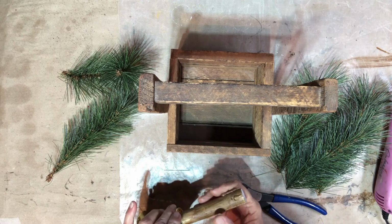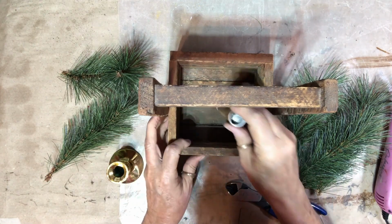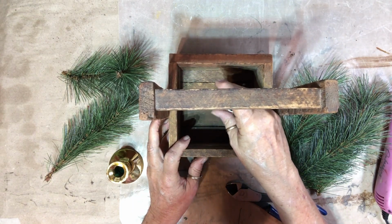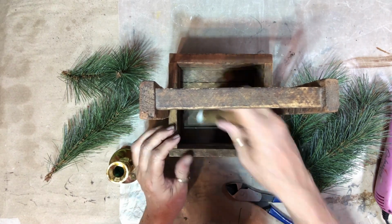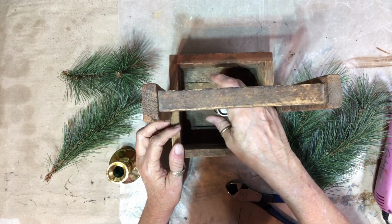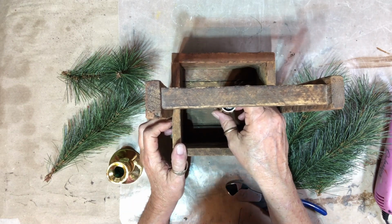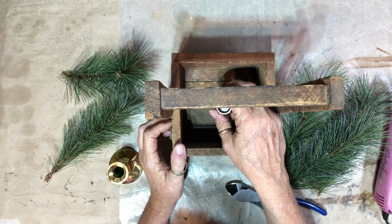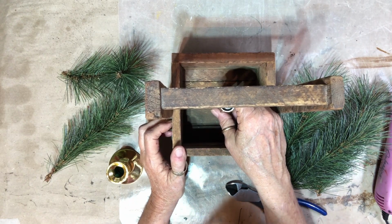Okay, my candle is dry, and I'm not going to put the bulb in it right now, but I think I'm going to have it just sitting in the middle. I wonder, earlier that just sat right down in there. Maybe it was a different bulb I was trying. I'm going to have to do something for that to set up in there. So, I need some cardboard. I got some up there. Okay, hang on, guys. I got to get some cardboard because I've got to make a...